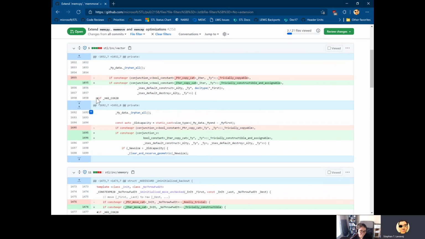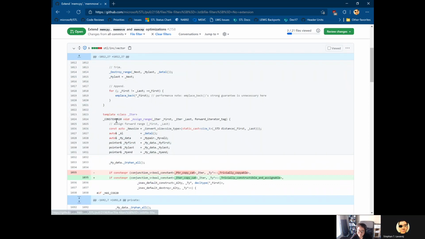Vector, just a couple changes here. Assign range. So if we're in vector assign and we detect that the iterator range given to us is forward iterators or better, we can detect how many elements are in that range, resize our vector in a single action, and then update elements as necessary. If we're given only input iterators, we don't know how many elements there are going to be until we consume them, so we have no choice but to repeatedly emplace_back,